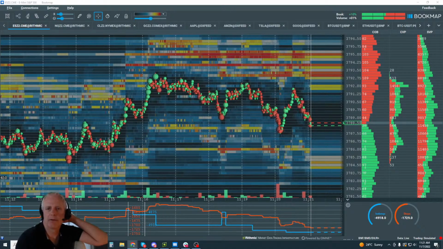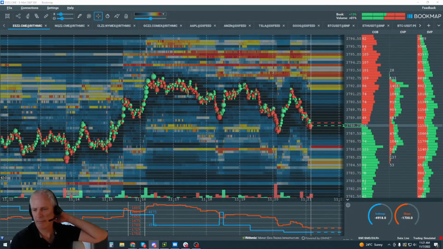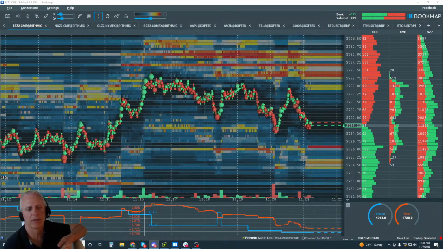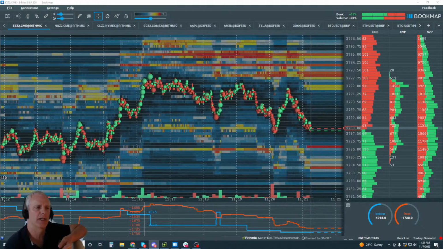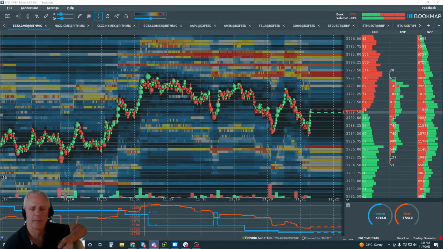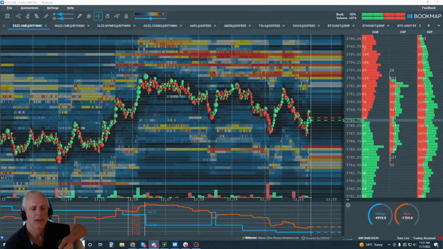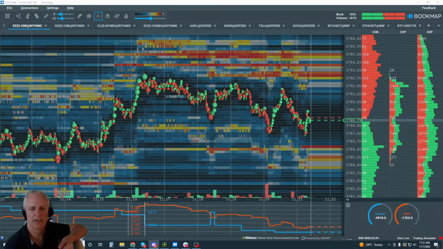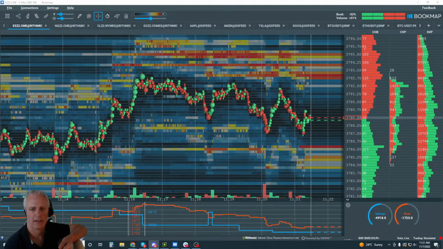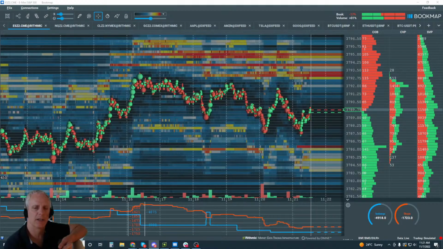Anyway, Rob, I would suggest you take a look and review weak tops and weak bottoms. If it's mean reversion that you're looking for, look for it to fail outside of the mean or outside of the edge, top or bottom edge. We covered how these weak tops and weak bottoms fail, so add that into your mean reversion and get really good at that.